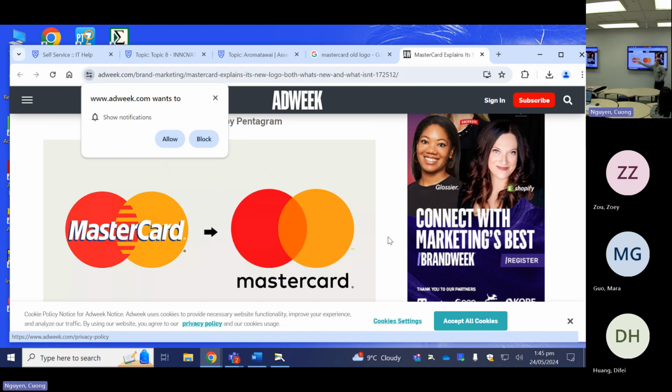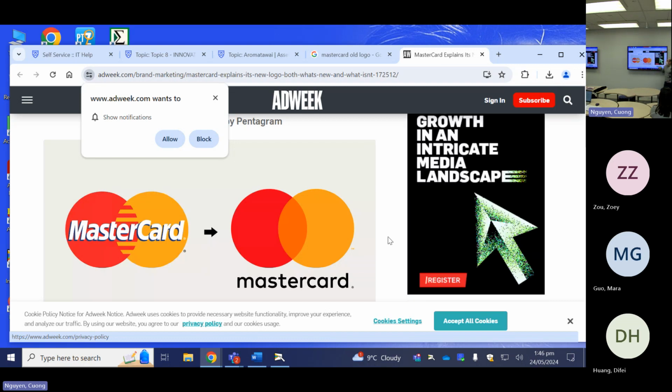Mastercard had to remove the word Mastercard from inside the logo because the payment sector, C2B, is booming, right? You get a lot of money, including apps, e-payment, and so on. They do not want everybody to view their company as card only. They want customers to view their company as a payment tech company, rather than a card company.